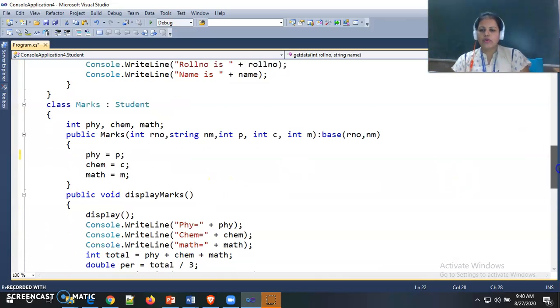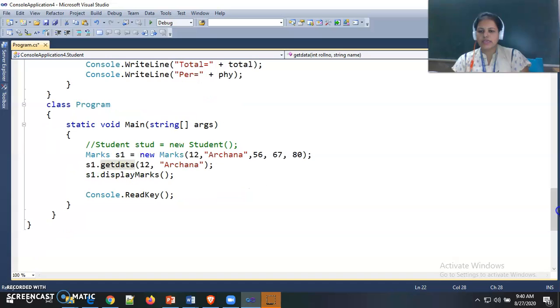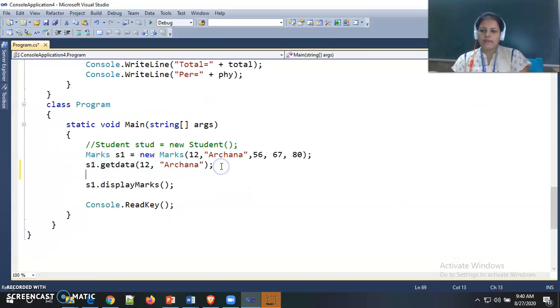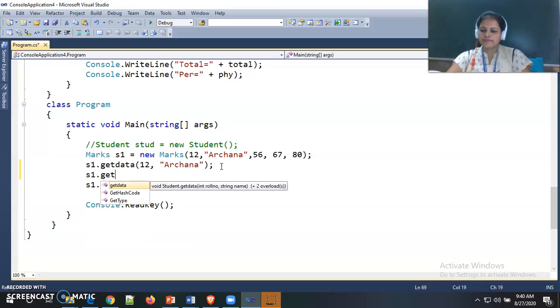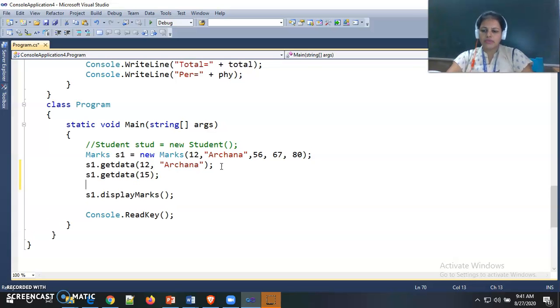Now I can call these get data methods in this way. I write s1 dot get data and pass only the roll number value. Then s1 dot get data again. Here we see there are three versions of the get data method.